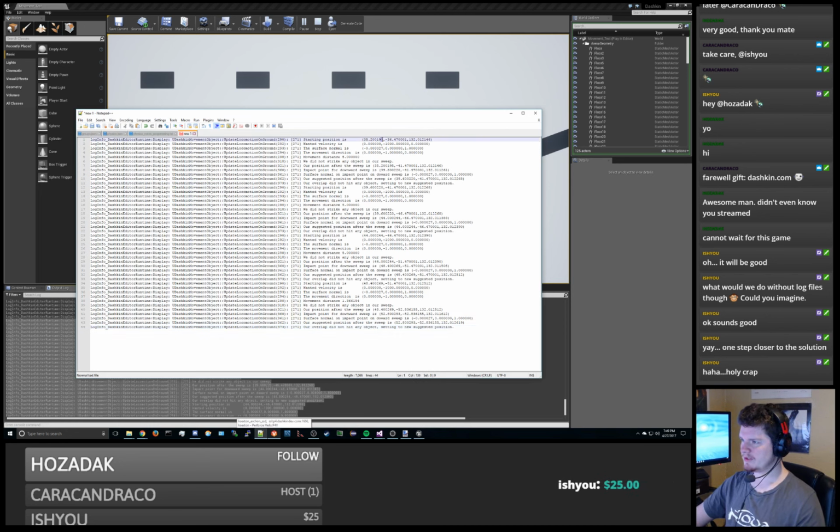Alright, our starting position is 35, negative 35. The movement direction is that. So our position after the sweep is negative 41. The impact for the downward sweep is at negative 41, 47. That's what we want. Surface normal is such. Our suggested position after the sweep is